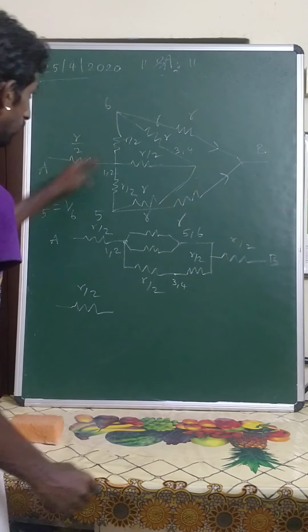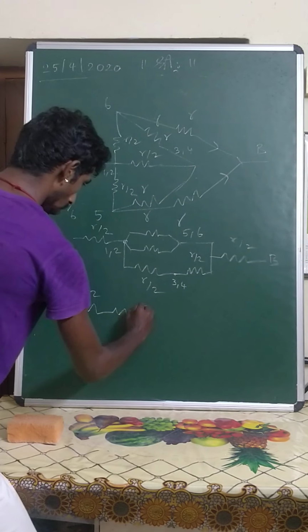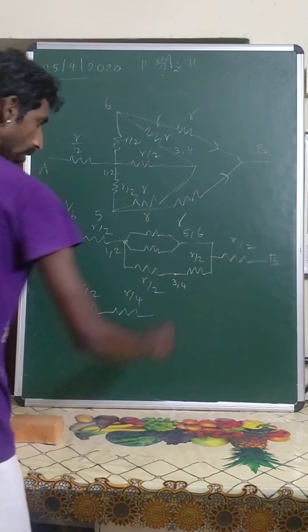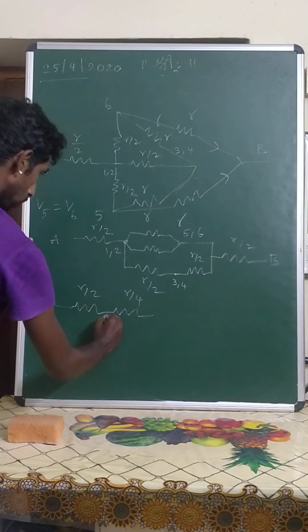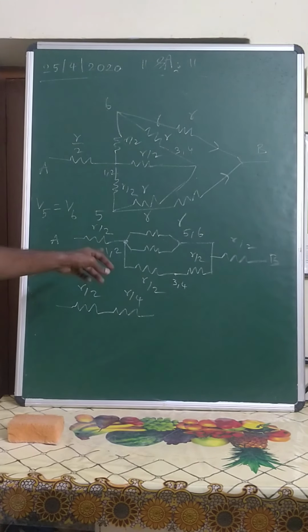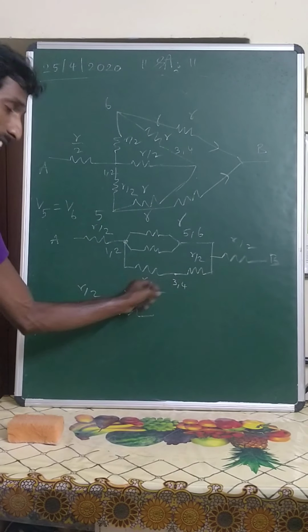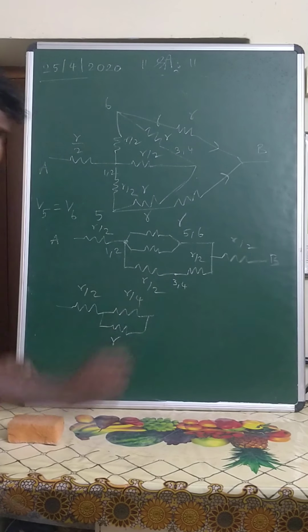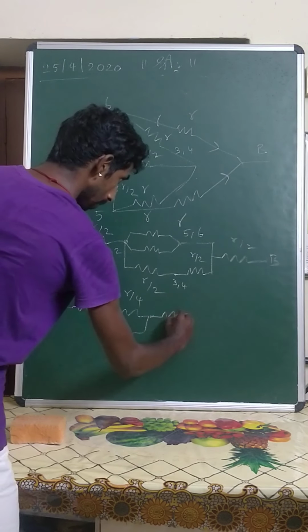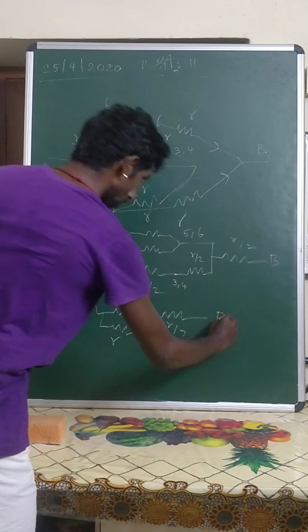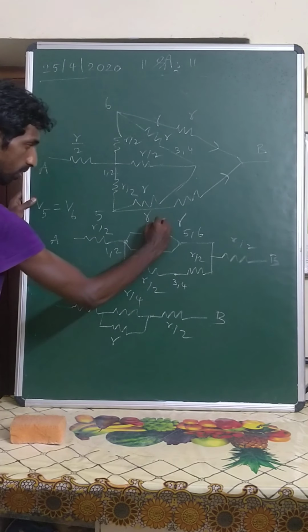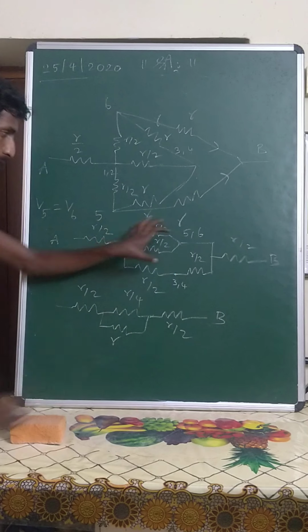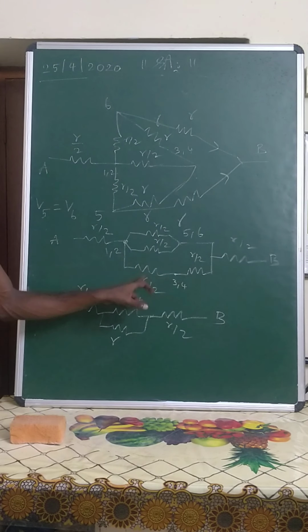So this is 5, 6, R by 2, R by 2. This becomes R by 4. Okay, so R by 2, R by 2. This also becomes R by 4. Yes, I am right. That is also, sorry, R by 2, R by 2. It is in series. So this is R. This mistake we have done. So this is R by 2. So this is parallel. So this is R by 2, this is R by 2. So parallel R by 4, this is in series, so it is R.